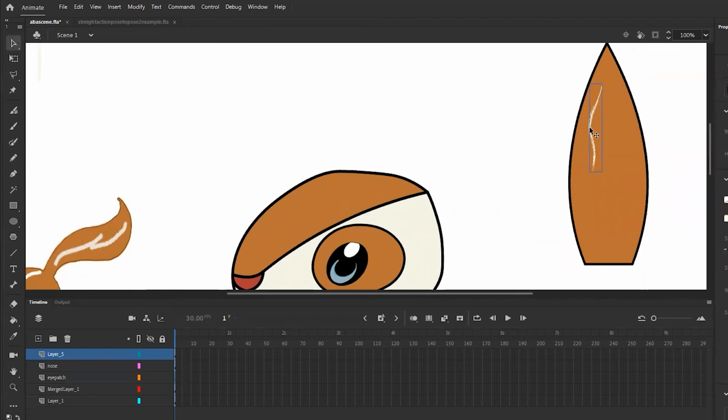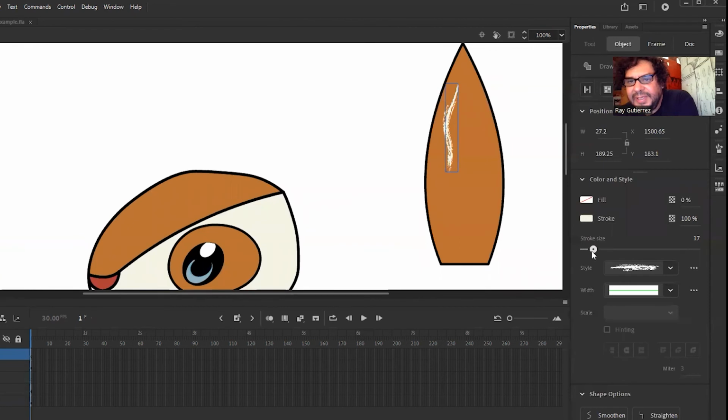It means I got just a stroke, and I could actually add the size. I mean, I could make the size bigger. So I'm going to make it bigger, see? And it goes to 17. I like it kind of at 23, so that's cool. So now anytime I use the stroke, it's going to be at 23 for this